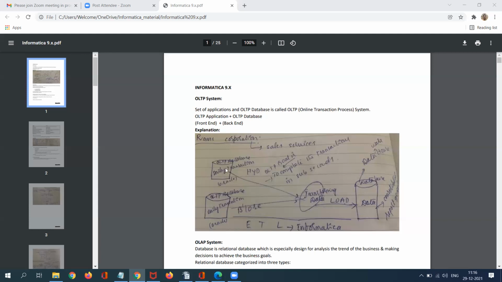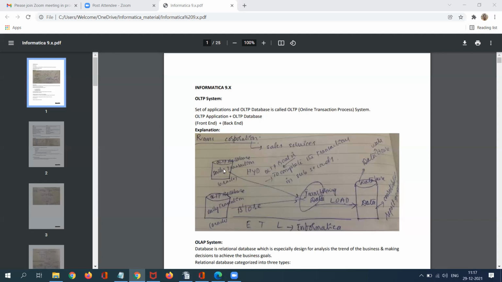If you look into this particular OLTP database, it contains recent data, maybe 6 months or 5 months. OLTP systems do not have any historical data.